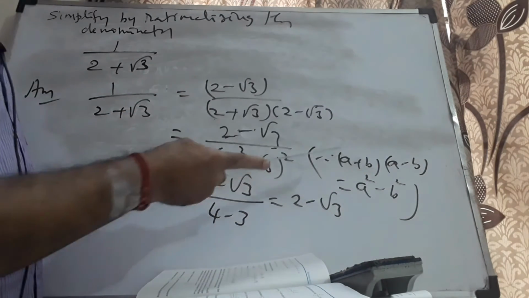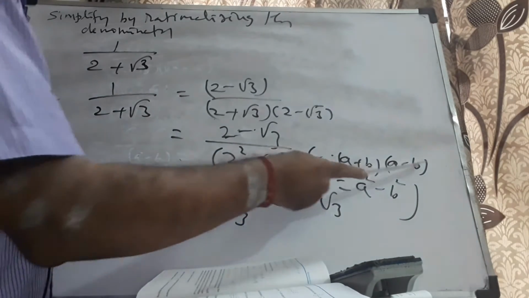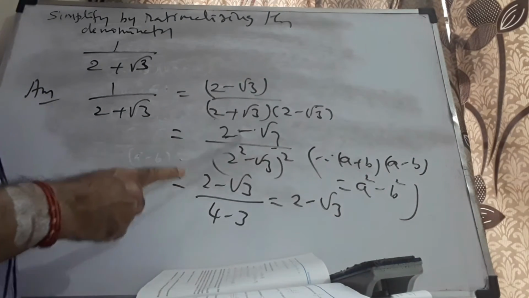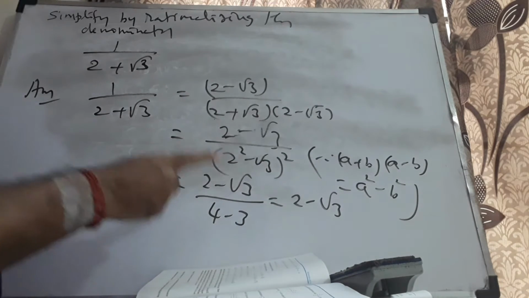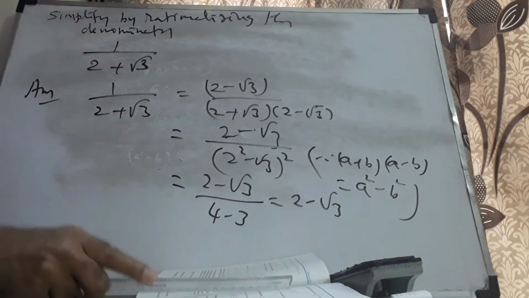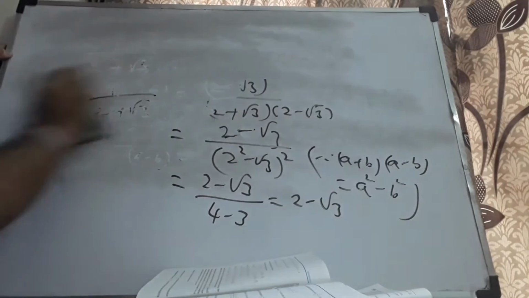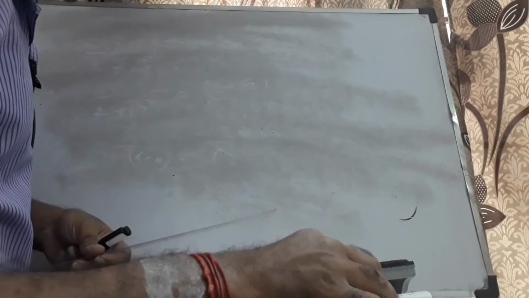Don't memorize it by heart, it is a formula. I can even simplify here and check. A square minus ab plus ab gets cancelled, leaving minus b square. Now instead of a I have 2, instead of b I have root 3. 2 square is 4, root 3 whole square is 3. 4 minus 3 is 1. Therefore it gets reduced to 2 minus root 3. If you know the value of root 3 given in the question, you can simplify by substituting, or you can just leave it as it is.